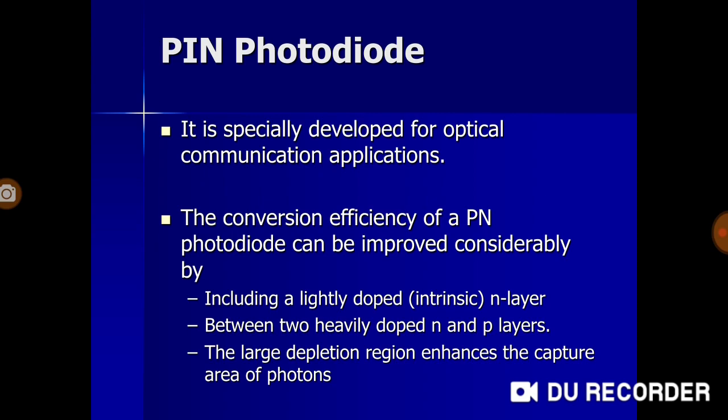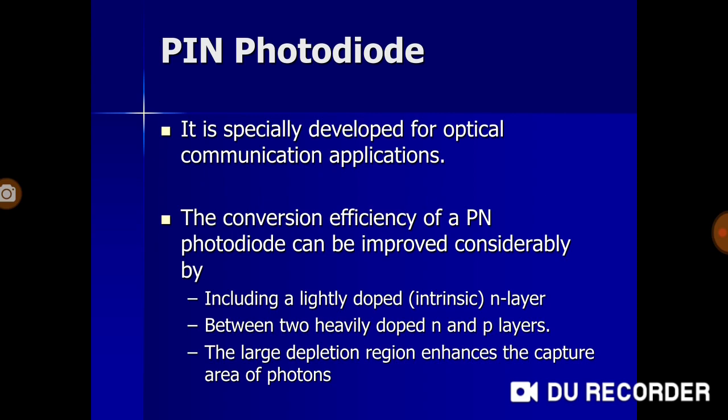So all the photons which could have spilled otherwise, if the junction is thin, the depletion region is thin, then some of the light may fall here and there and spill around, and that will not be converted into its corresponding electric current because it is not falling onto the junction area itself. So the conversion efficiency in that case will be low.